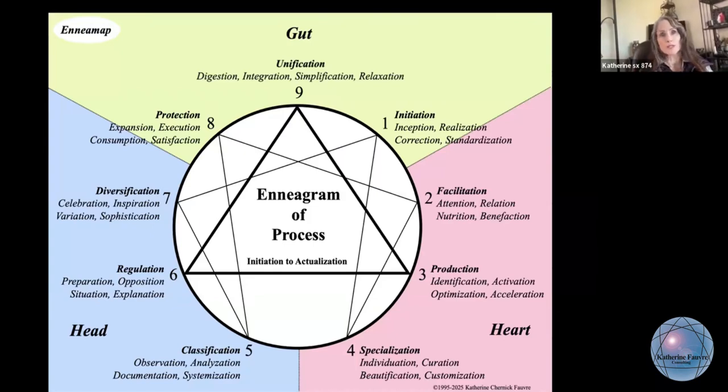Because the 5 is always seeing the other side to every equation, because it's the first point in the opposing sector of the head center. And then in the case of the 6, it's okay, well, we need regulation to keep everybody honest, but what do we need to prepare? What do we need to do to make sure it's fair for everyone? And how do we safeguard all this work that we participated in to get more food for everyone, not just for one person? And what are the potential downfalls or problems?